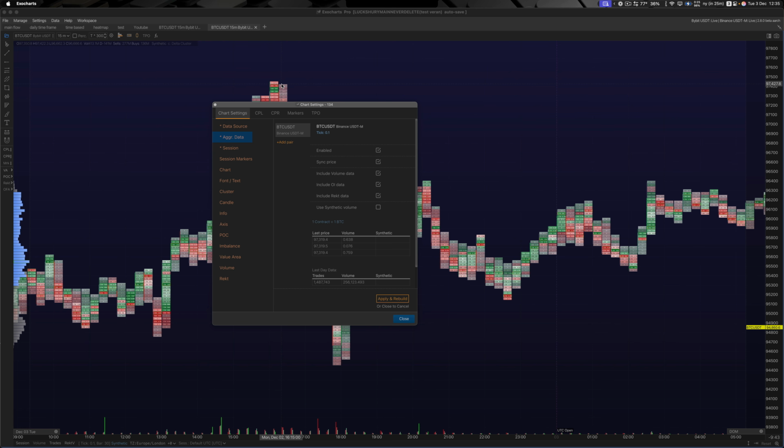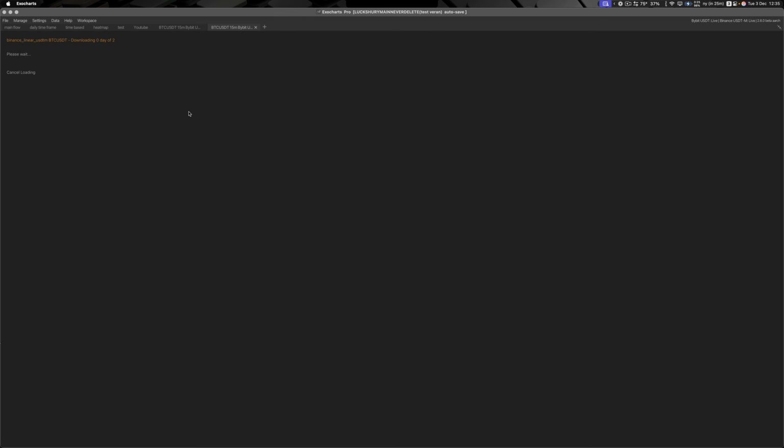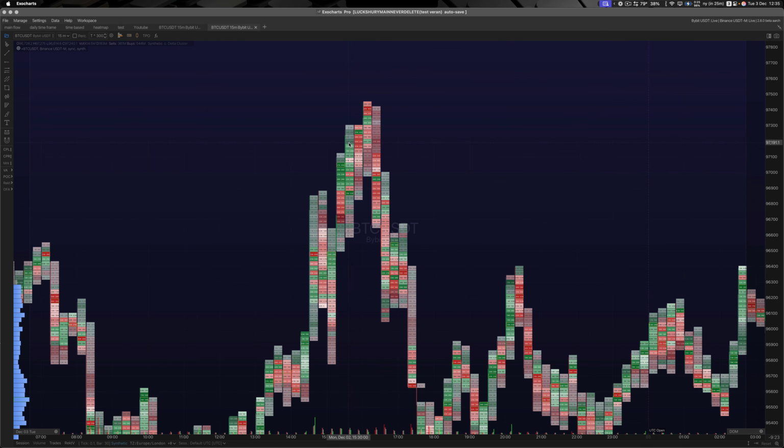And I'm going to be moving into the basics and everything as well in a second. I just want to show you first off how I set up my chart, just to be clear. So you want to be setting up use sync price, include volume data. I will include OI data for now, but also I would check every single box here, okay? So now if we apply and rebuild,